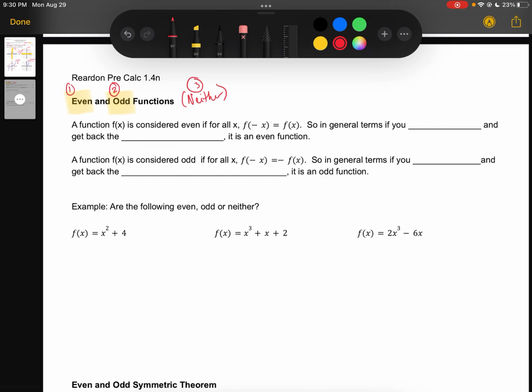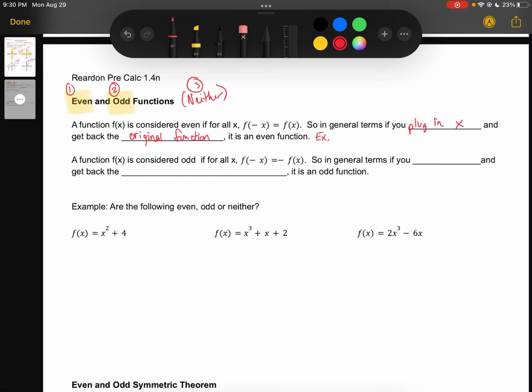So f of x just means function, is considered even if for all x values, if we plug in the negative value of x, it gives us the original value of the function for f of x. So in general terms, what this is saying is if you plug in x and get back the original function, it's an even function. So an example of this would be, and I'll draw this right here,